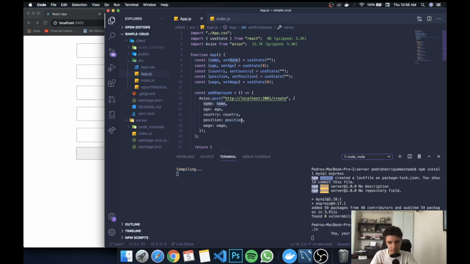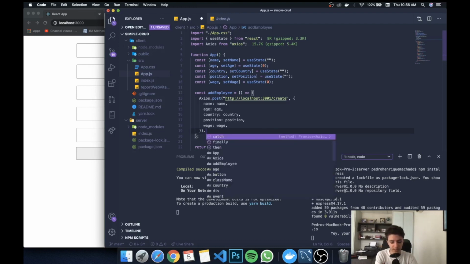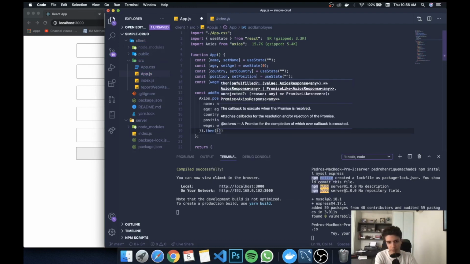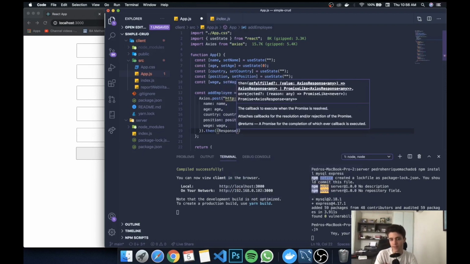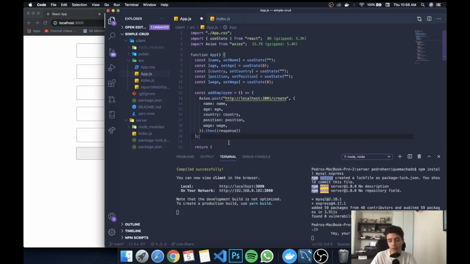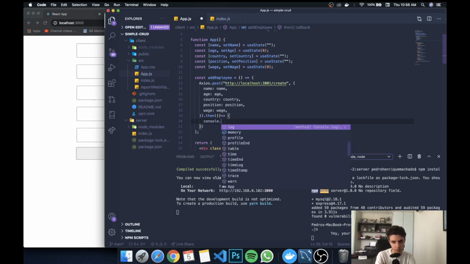That's great. So let's save this. And right at the end of the post request, since this is a promise, and if you're confused with promises, this is probably a great opportunity to learn it. It's very simple. Basically, we don't know when the request is done. So we can just say .then, meaning that our whole function will wait until the Axios.post request is done. And then, I don't even want to grab the response. For now, we're just going to pass a function here, which is going to console.log